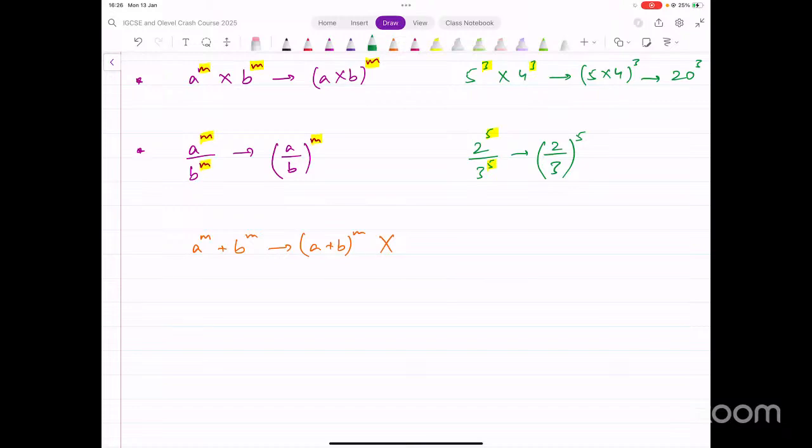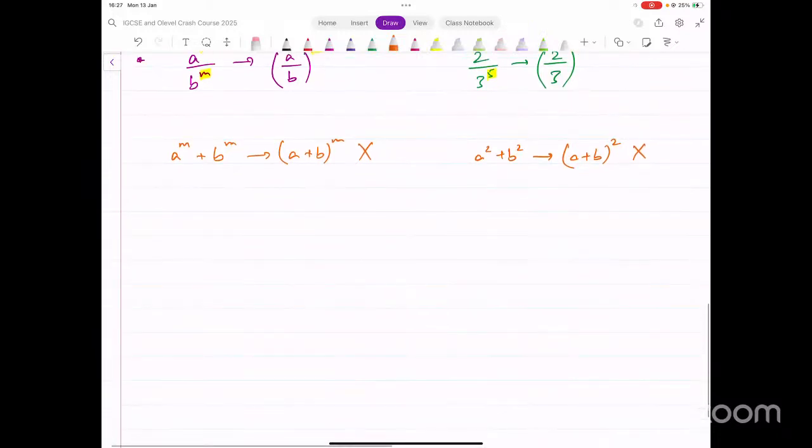Just like when you do a square plus b square, that's not the same thing as a plus b whole squared, right? You know how to expand a plus b whole squared. A plus b whole squared is a squared plus 2ab plus b squared, right? So this does not work like this. Is that okay? Similarly, if we've got subtraction,